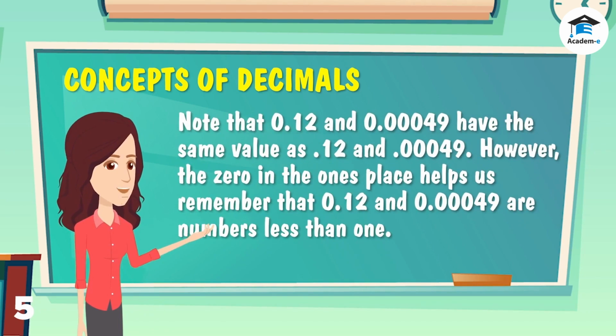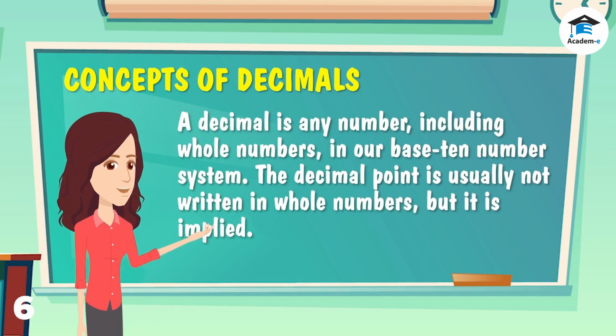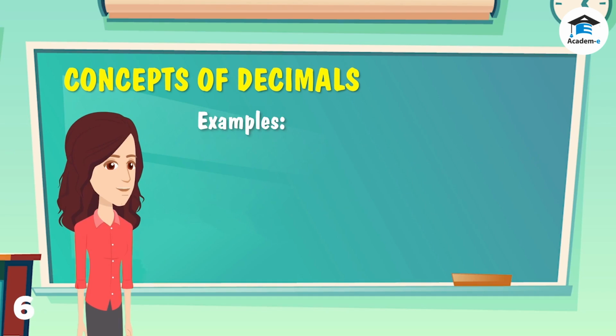Note that 0.12 and 0.00049 have the same value as .12 and .00049. However, the 0 in the ones place helps us remember that 0.12 and 0.00049 are numbers less than 1. A decimal is any number, including whole numbers, in our base 10 number system. The decimal point is usually not written in whole numbers, but it is implied. For example,